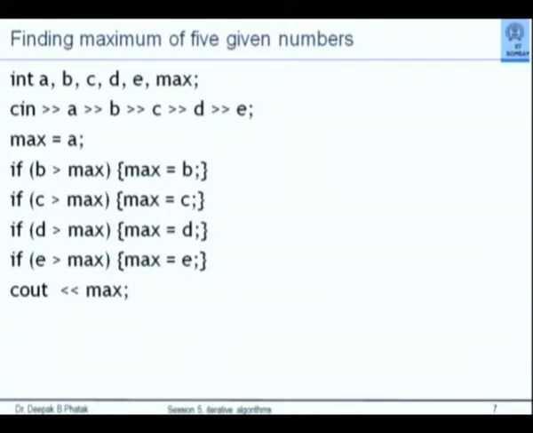In terms of actual operations, this particular program may end up doing additional assignment operations which may not be very meaningful. Consider this, for example: the values A, B, C, D, E that you have given are actually in increasing order. Now what this program will do, it will assume A to be maximum first, then it will get B and find out B is greater than maximum, so it will say max is equal to B. Next number is greater than B. So that means it will end up doing every time an assignment which will be completely erased by the next assignment and so on. Point is, you will get the correct answer. Okay.